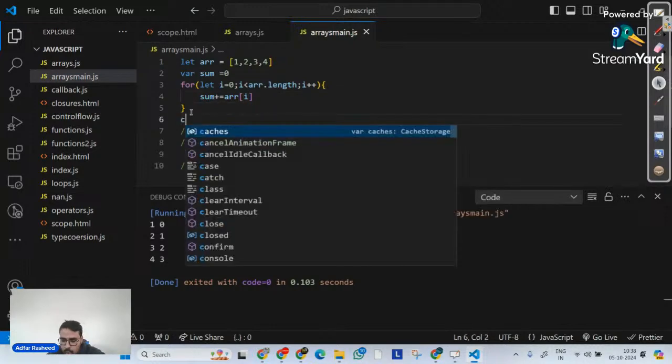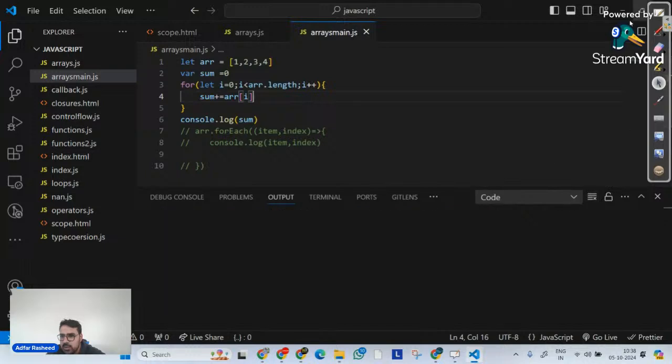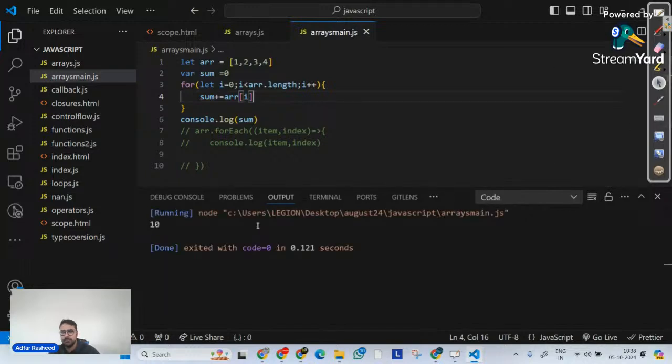And if I then console.log my sum, you can clearly see as soon as I execute it, it will print 10 in the output. I hope you already know how sum is working. Do I have to explain that? How it got 10 here? What this program is about? Yes or no?